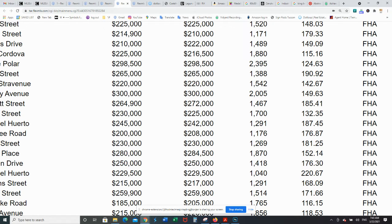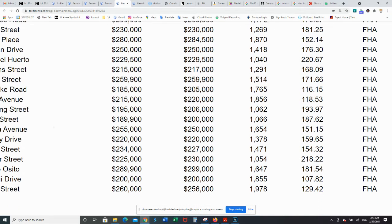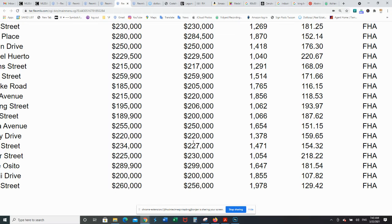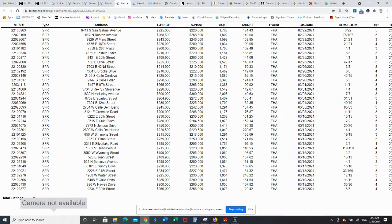less, less, more, more, more, more, wash, more, wash, more, more, more, more, less, wash, less, more. Sorry, I'm not wearing my glasses. More, wash, less. So you can see, I mean, you can tell that some people actually ended up paying less,